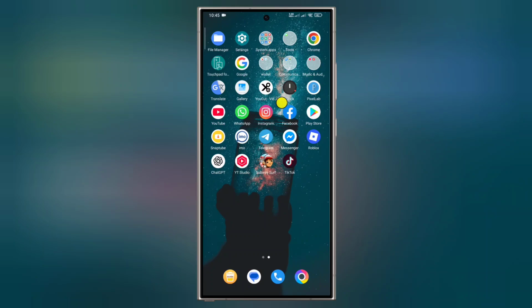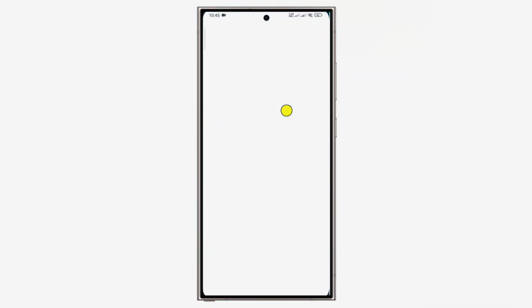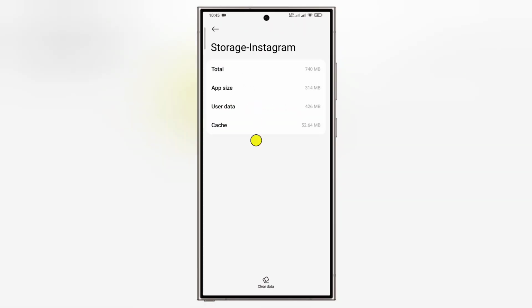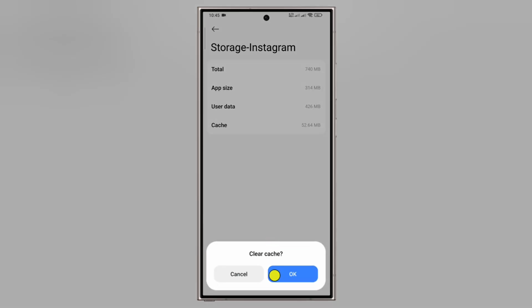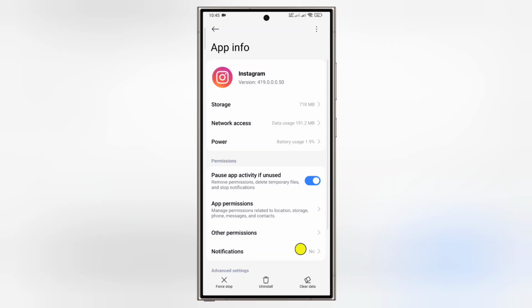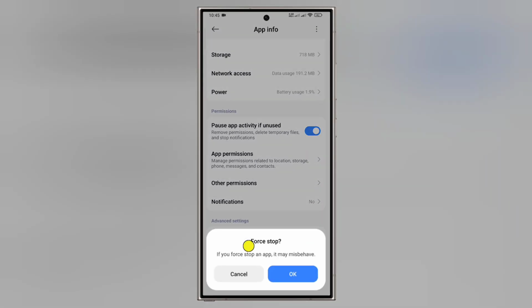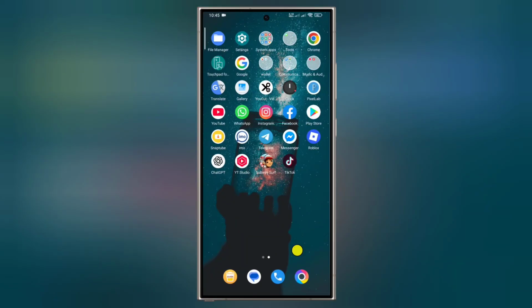For solving this problem, first of all, long press on Instagram app, tap on I button, tap on storage, clear data, clear cache, tap on OK, go back to previous page and tap on force stop, tap on OK, go back to home screen and go to Play Store,